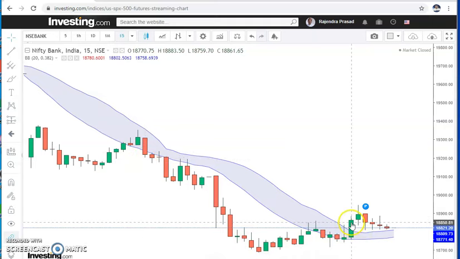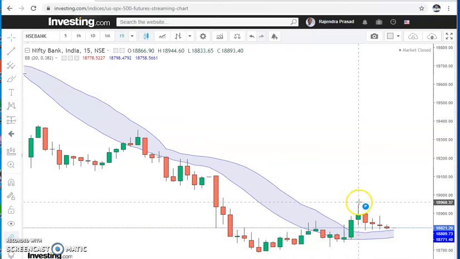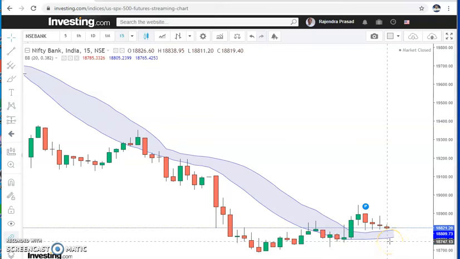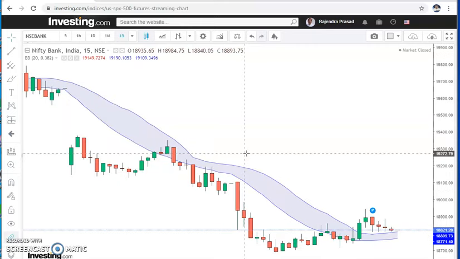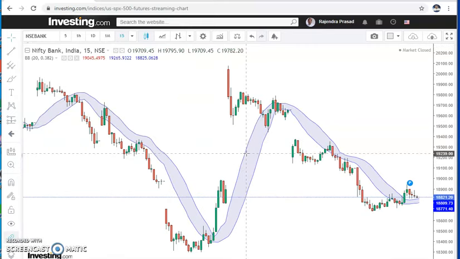Here if you see, it made a high, and still it is in an upside, it has not broken down, right? You can enter before 3 p.m. on any day. After 3 p.m. just ignore, because there won't be much time to trade for intraday. The better intraday trading time is in the morning, around 9:45 to 10:30, the best time where you can enter your position. In that period, if you get an opportunity, you can trade.